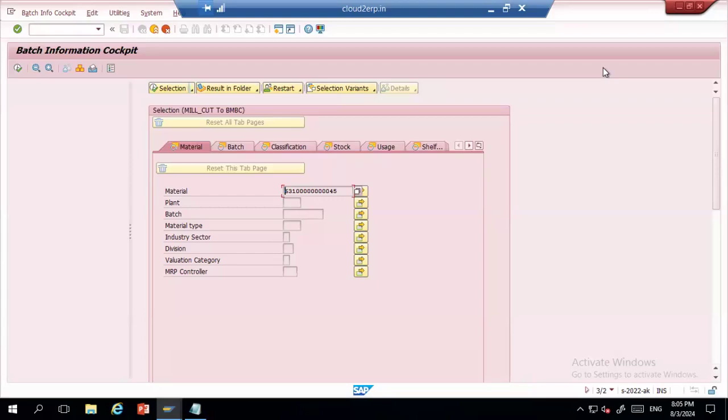You can ask them to bypass the expiry date, and they can do it from the config side. And you can just create the batch number for each and every material coming inward. You can also have a serial number generated for each material. We generated 50 pieces in a single batch. If you need a serial number to be assigned for each material, that can also be done through the production planning configuration.